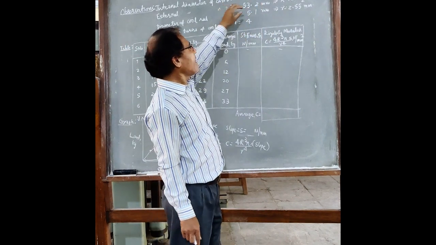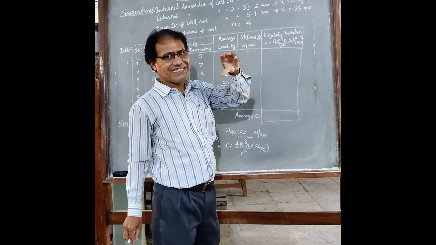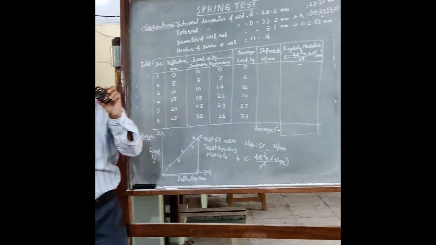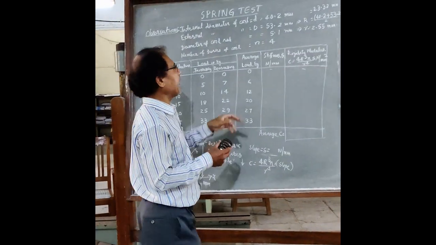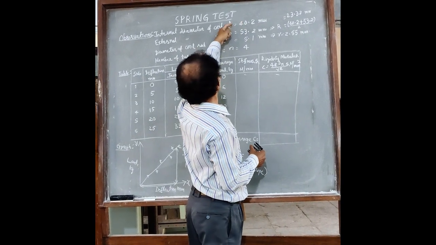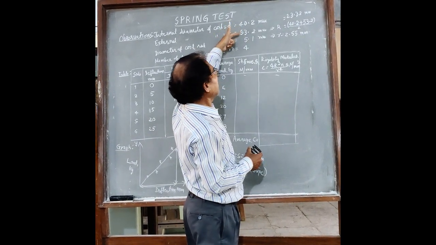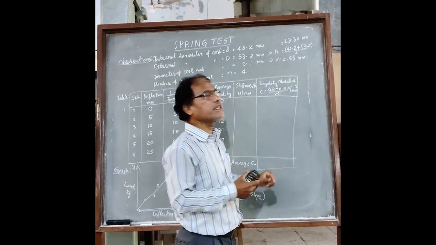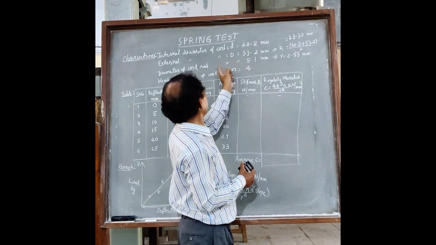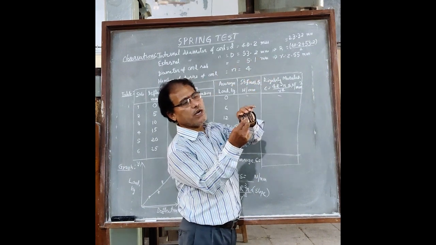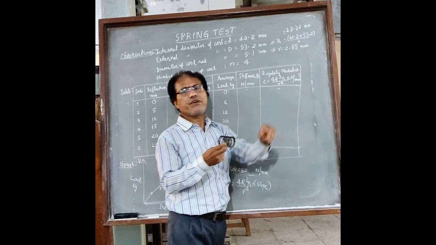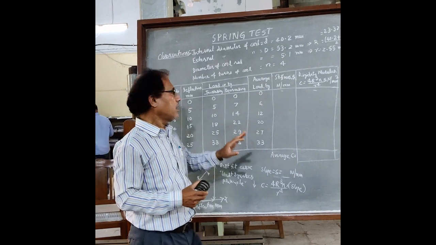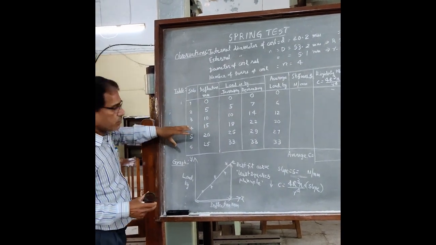Therefore, what is the average mean radius? Average mean radius of this coil spring, which is called capital R, is the average of internal diameter plus external diameter. Internal diameter plus external diameter, that divided by 2, it works out as 23.32 mm. And the radius of this coil rod is equal to diameter by 2, which is 2.55 mm, small r, and the number of active coils is equal to 4. And this is how the observations are what I have.